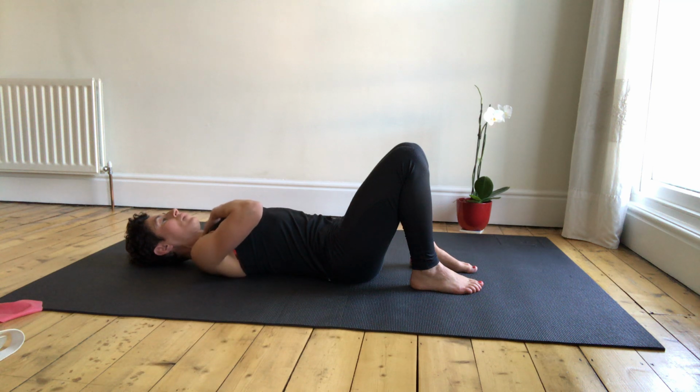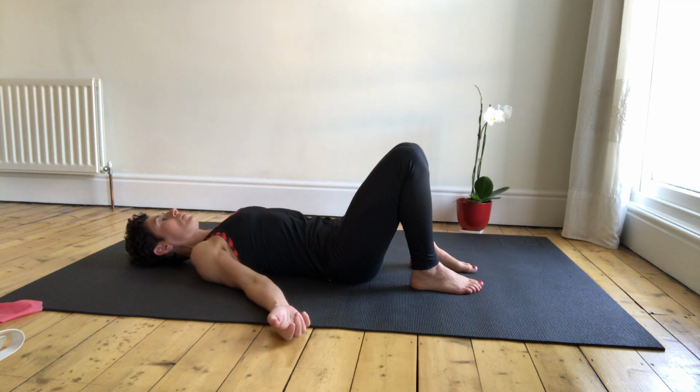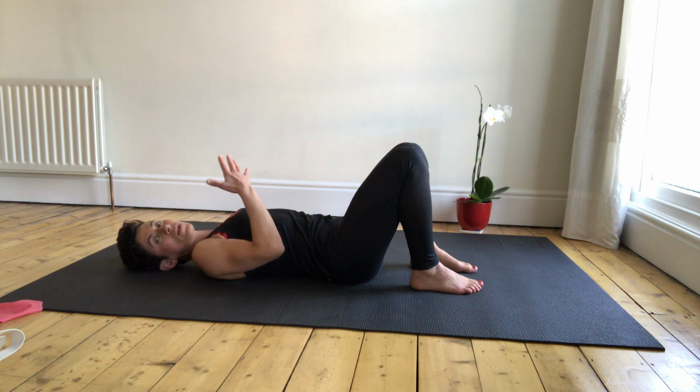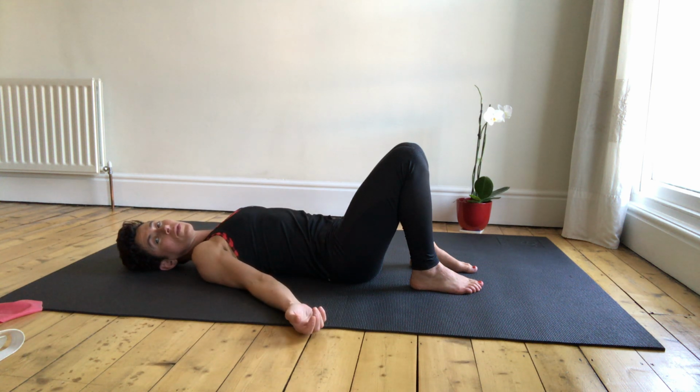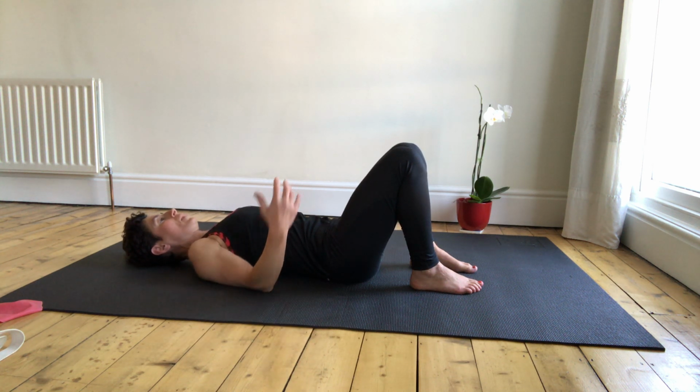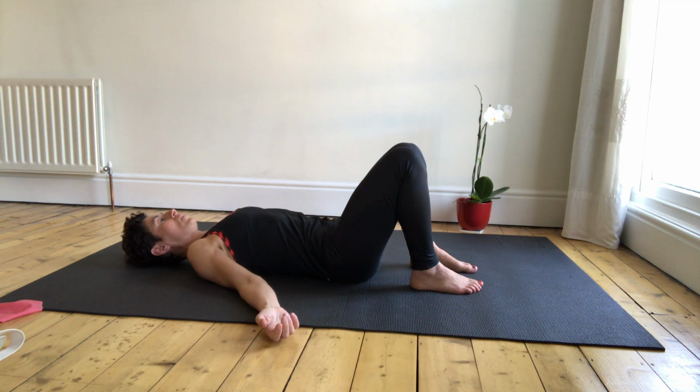If you feel that the breath is up in the chest, almost like a panic breath or that rushed breath, see if you can encourage the breath and the body to calm down. Encouraging a nicer, deeper belly breath, feeling the belly rising with the inhalation, falling with the exhalation. Softening the front of the throat, relaxing the back of the neck,